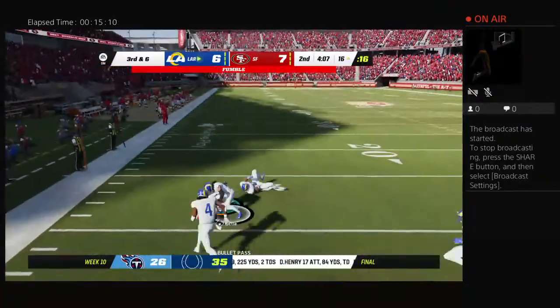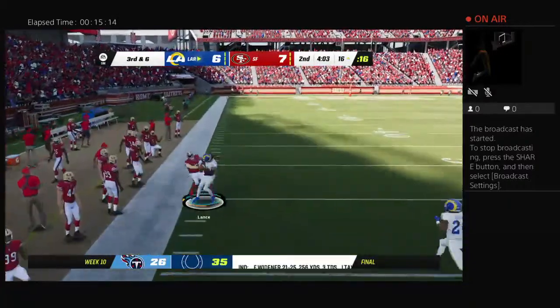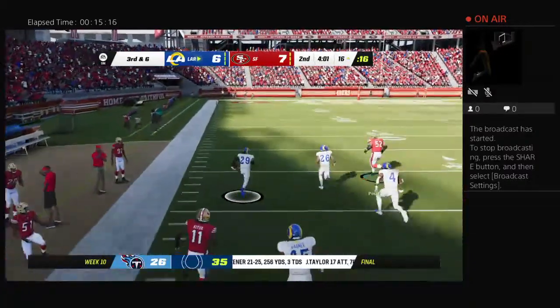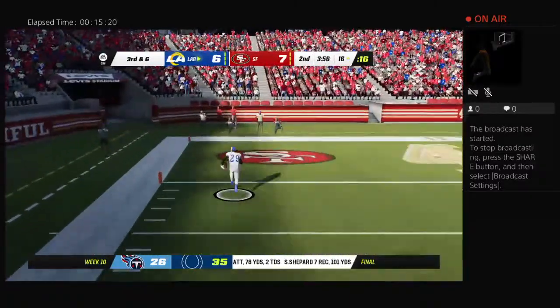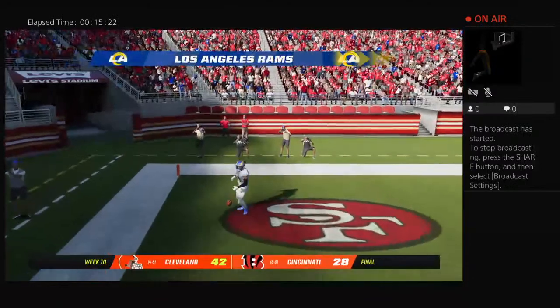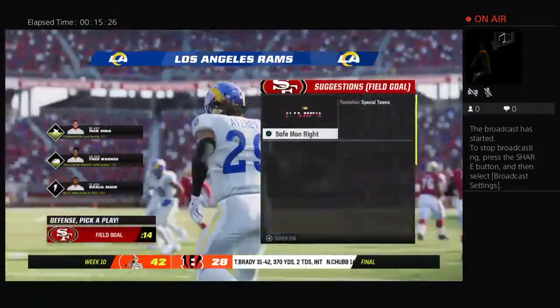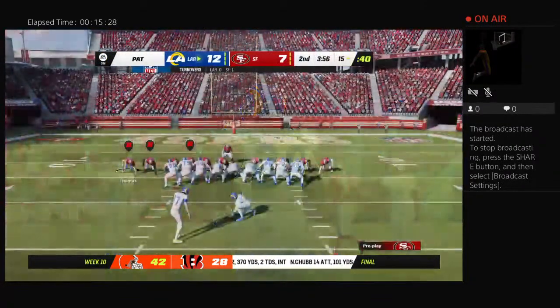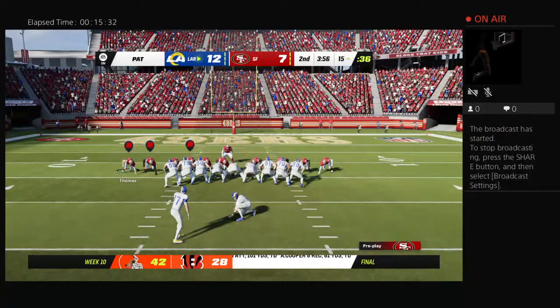Now a loose football. The ball comes out, and now the Rams have got it, going the other way. There he goes left side. And they are going to score on the fumble return. Touchdown, L.A. So that's about as fortuitous of a bounce as you're going to find as it's scooped up and taken in